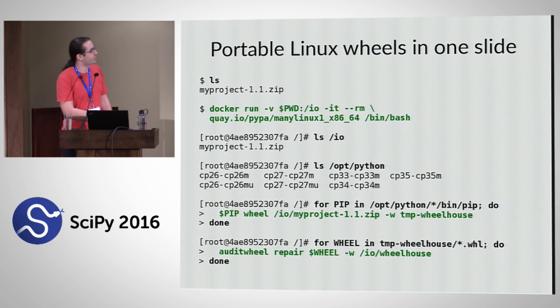It drops you into this special build environment that we've put together, as root in your own little private machine that we just made. And we've imported your current directory, which is made available at /io. So you have your source there. We've provided a whole bunch of Python versions for you. So you can just say, okay, for each one, call pip, ask it to make a wheel out of my